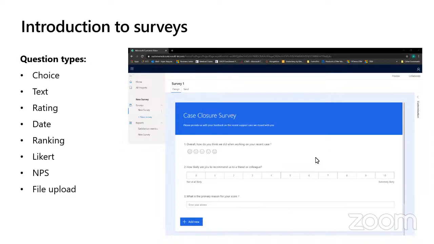here is an example of a case closure survey. And as we said earlier on, there are different types of questions that can be used, like choice, text, rating, date, ranking, and so on and so forth. And if you notice here on the form itself, the first question has an emoji. So someone can simply click on an emoji, and it will denote their mood